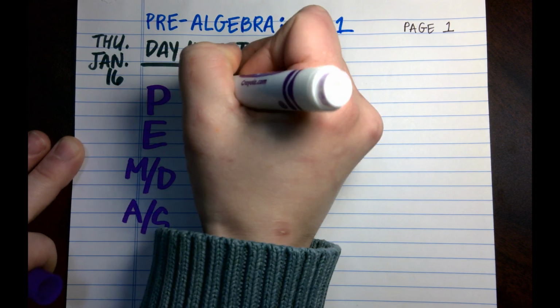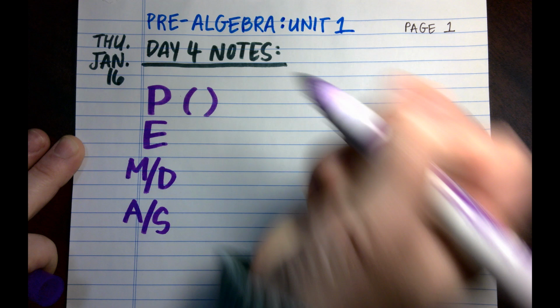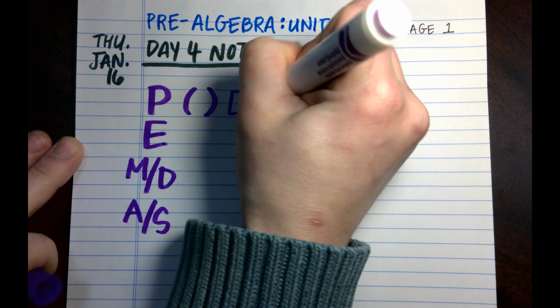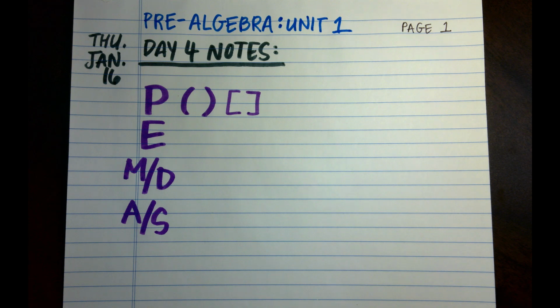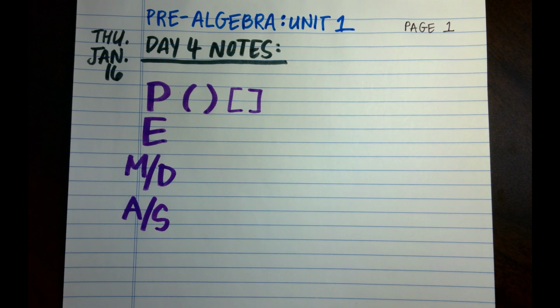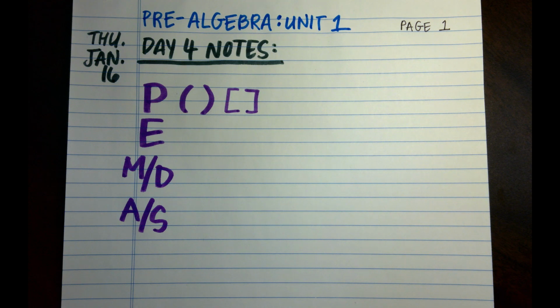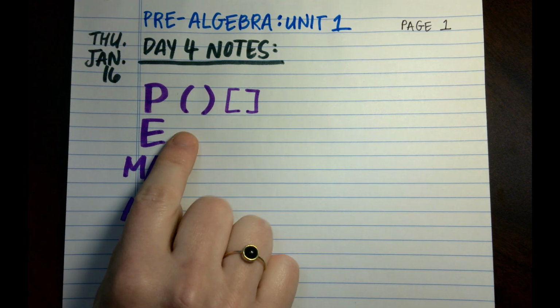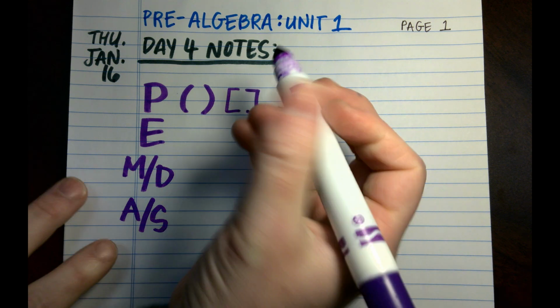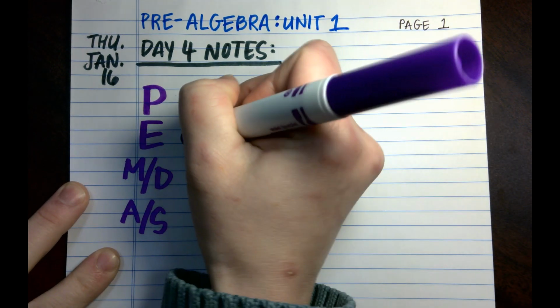So parentheses meaning grouping symbols, like this, or maybe like this. Anytime we see things in parentheses, we do that first. Now, there's no parentheses in the first 4 problems, so we're not too worried about that. What about the E? What's that? No, it's exponents. Exponents are things like,